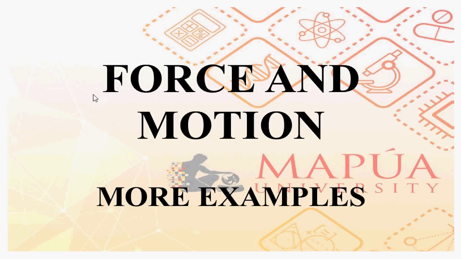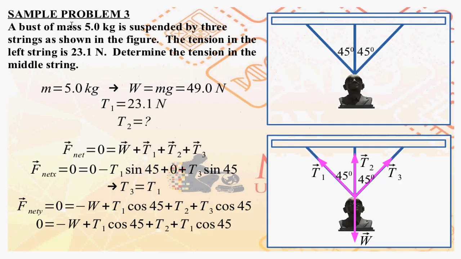Okay, going now to the last part of our discussion on force and motion. Let's have a couple more examples. Sample problem number 3. You have a bust of mass 5 kilograms suspended by 3 strings as shown here in